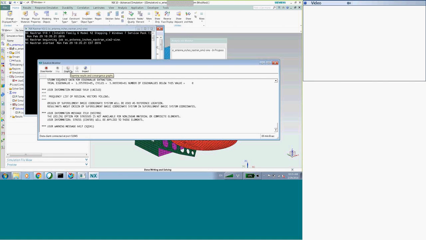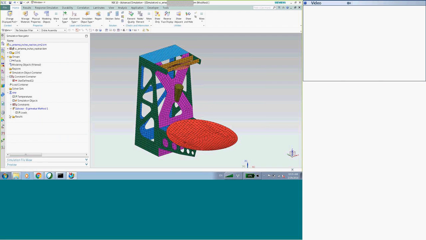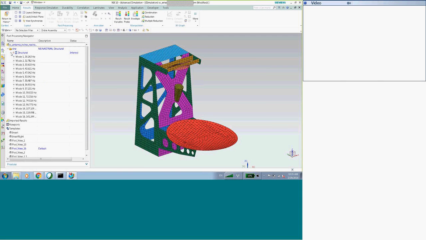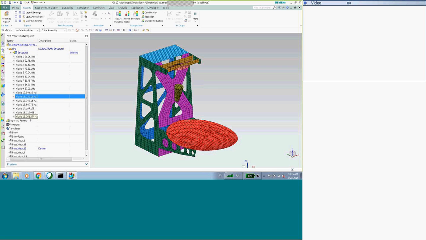On my laptop, I think it'll be pretty quick. I should get 16 modes. Oh yeah, I had my original 10 modes, and then these visual vectors here, modes 11 through 16. And you can see the frequencies are between 72 and 141 hertz. So now I have those eigenvectors.